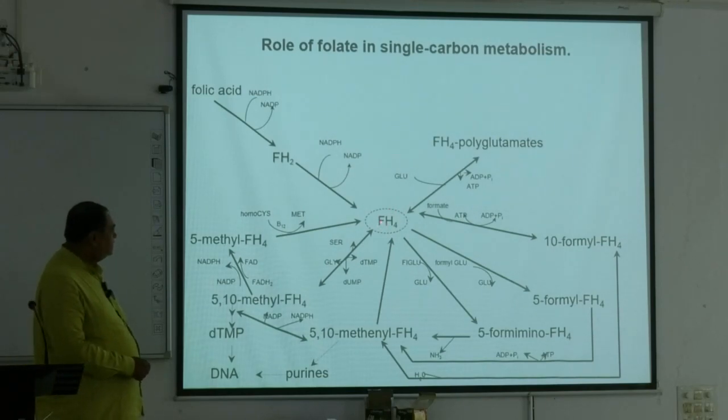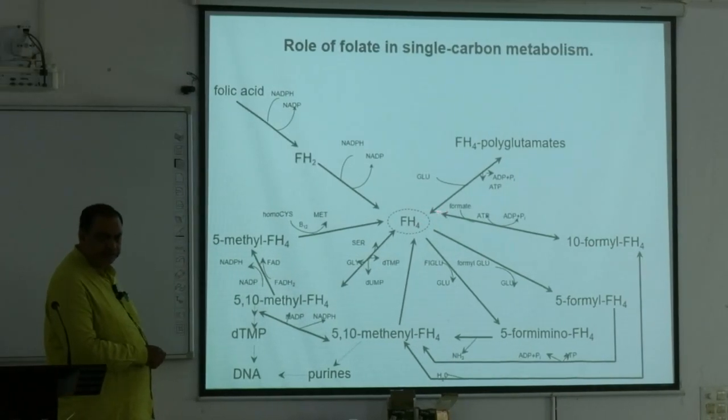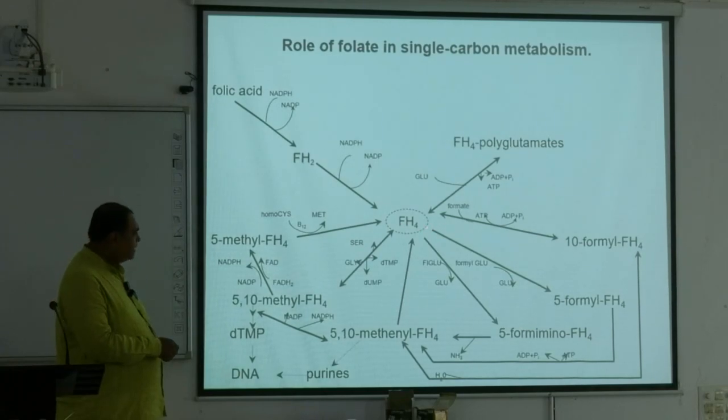Tetrahydrofolate. This is tetrahydrofolate, which is formed by reduction of folic acid, dihydrofolate, tetrahydrofolate. Fine. Now from here it goes to formation of N5 formyl tetrahydrofolate. From here,